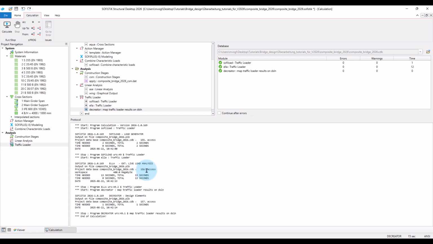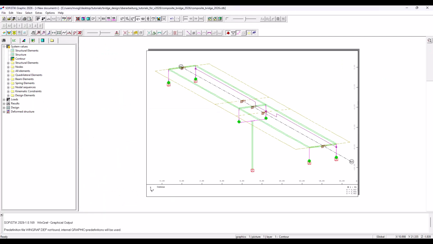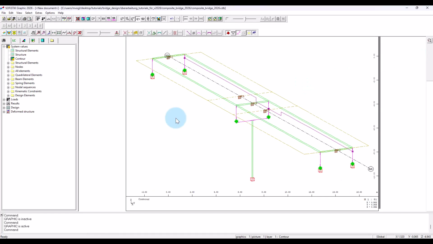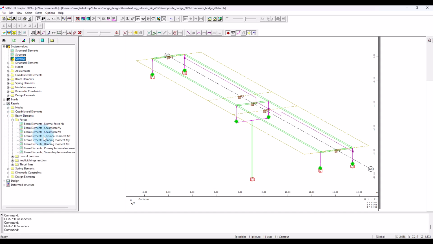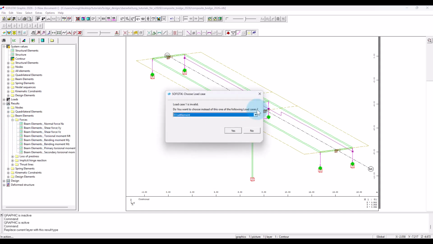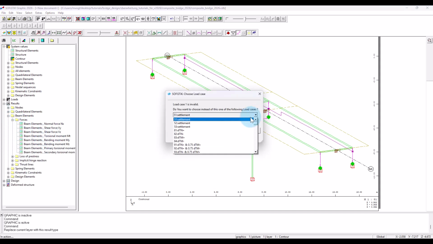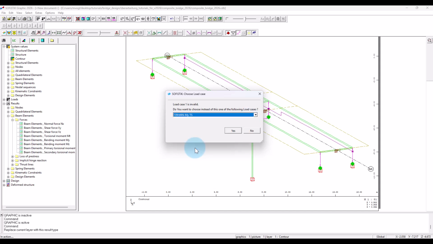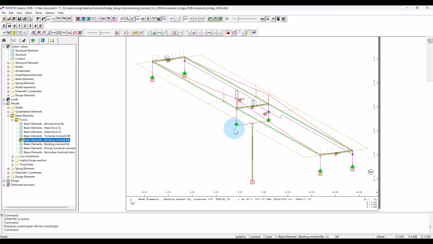Okay, then we will take a look at the created results. So I go to graphic and select results for beam elements, forces, for example, bending moment My. And now, as you can see, as noted previously, I will get the minimum bending moment My due to the tandem system in this load case 109.